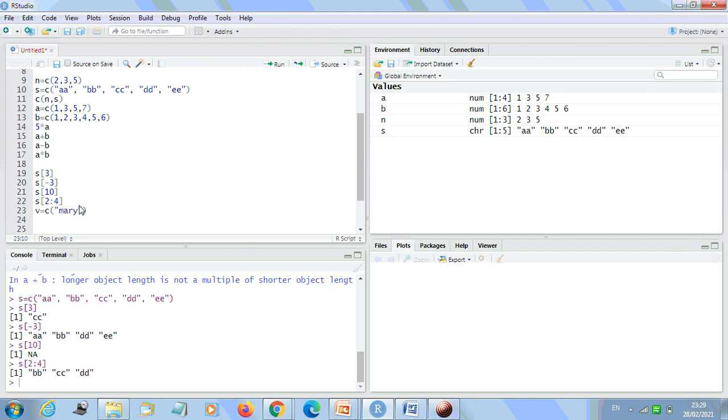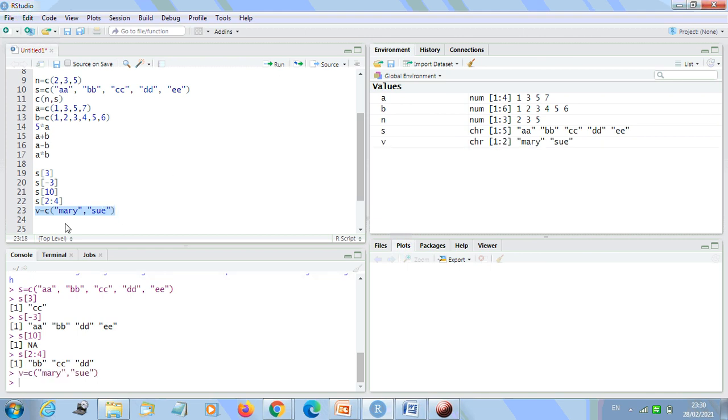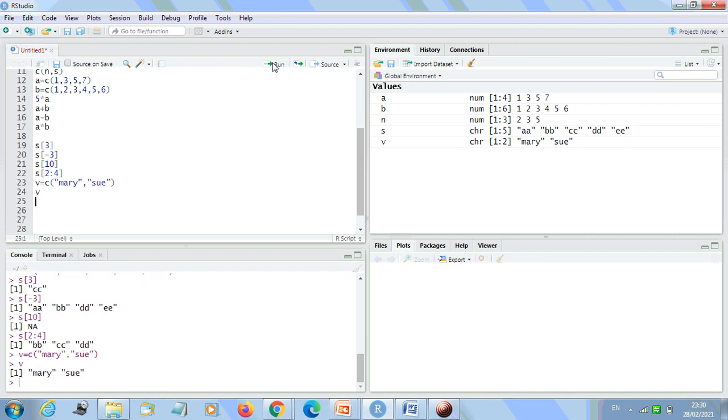Whatever name you want, you can give it. I have given Mary and Sue. Let me assign this value to V, and I will print V itself. See what we have: Mary, Sue.